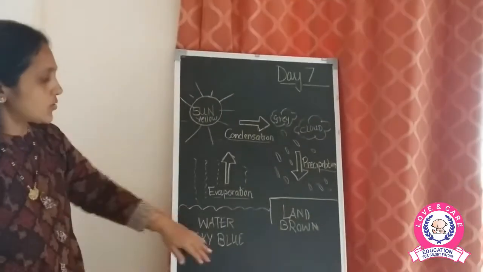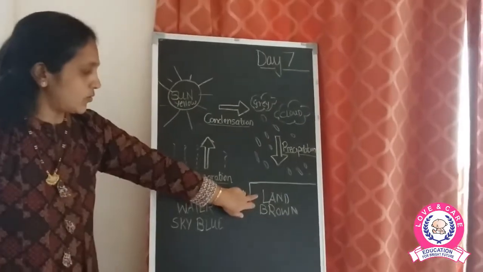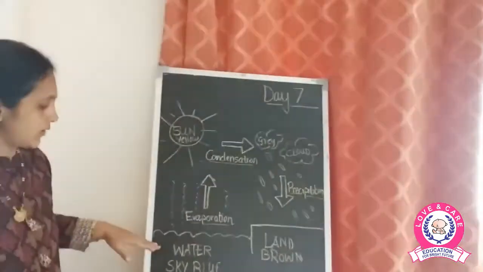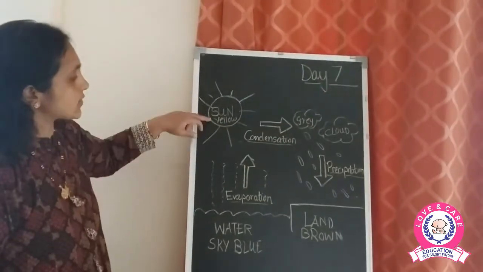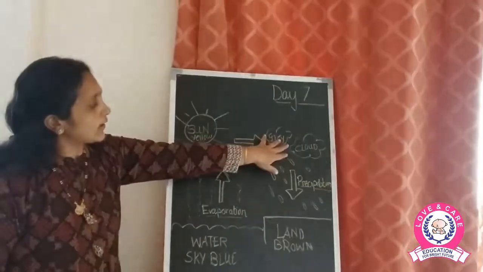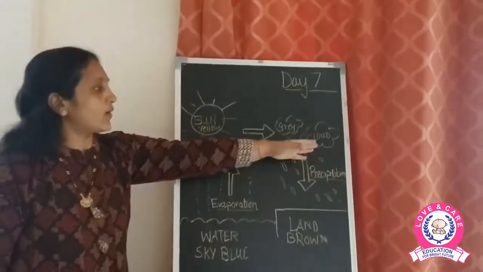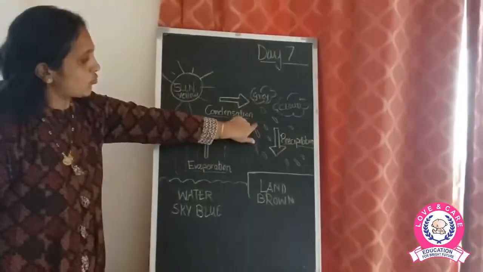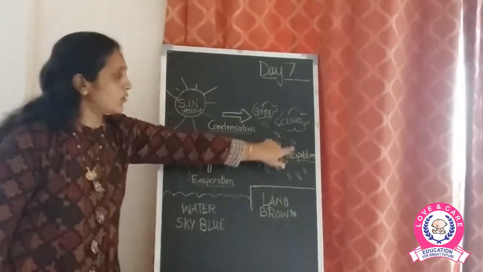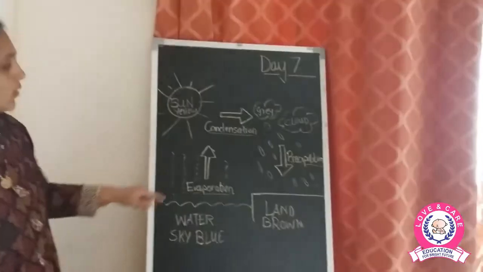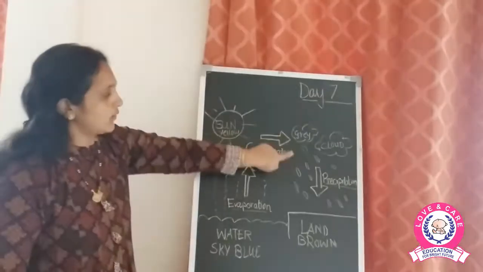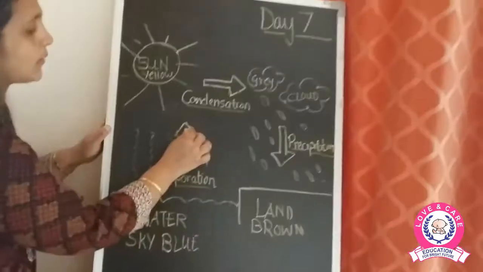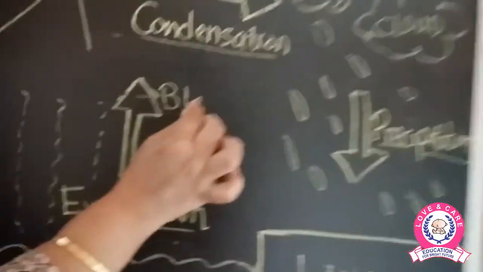Okay children. So now when you color the land, you have to use the brown color. Here in the water use the sky blue color. The sun is yellow. You can color one of the cloud grey and one of the cloud blue color. And when it is raining, these are the raindrops. So the droplets you have to color them blue. Okay children, now this arrow. This arrow you have to color them black. Color the arrow in black color.